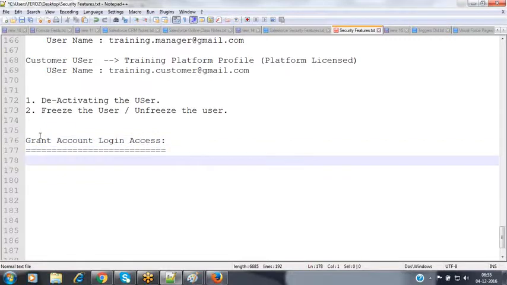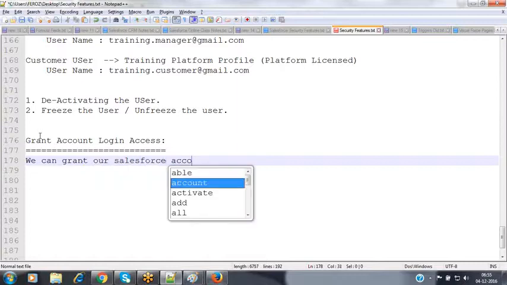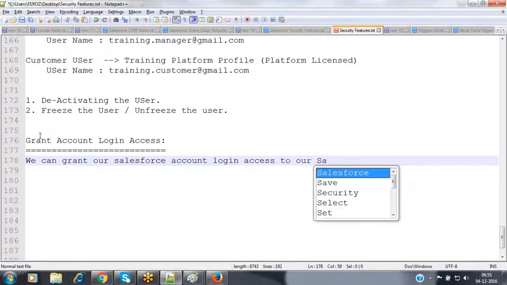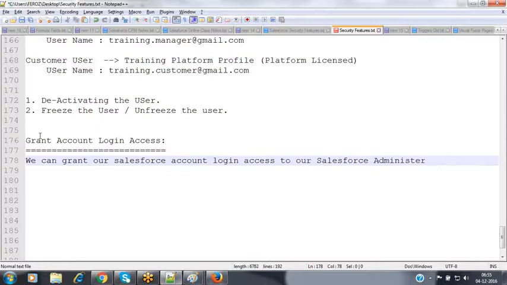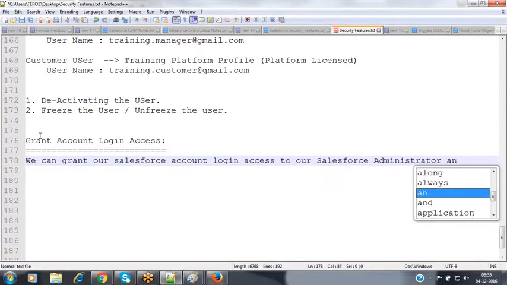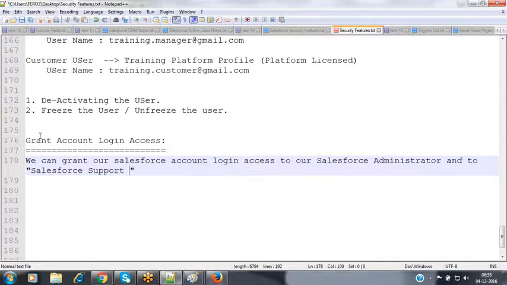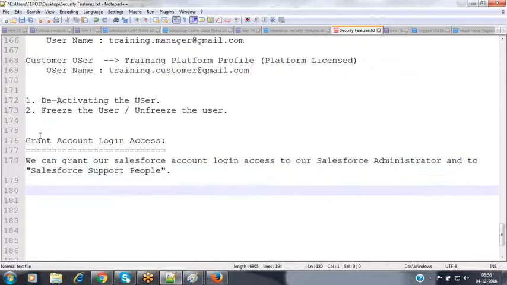By using this option, we can grant our account login access to our Salesforce administrator and to Salesforce support people. At that time, no need to share your username and the password. We just have to grant the account login access to that Salesforce administrator or the Salesforce support people.